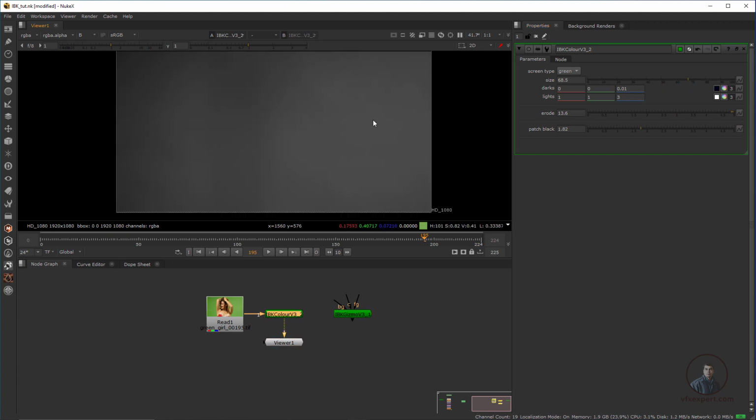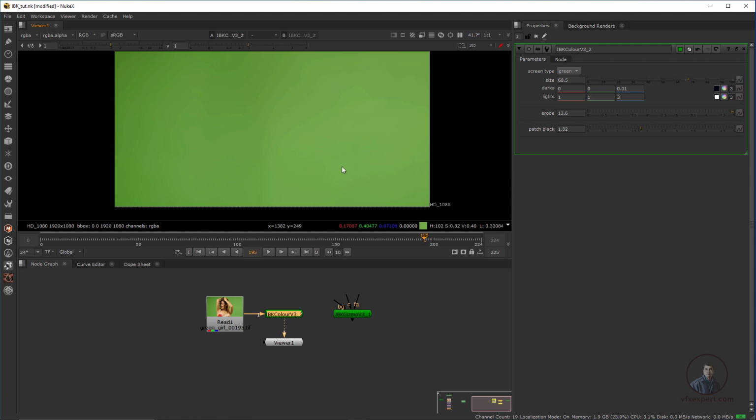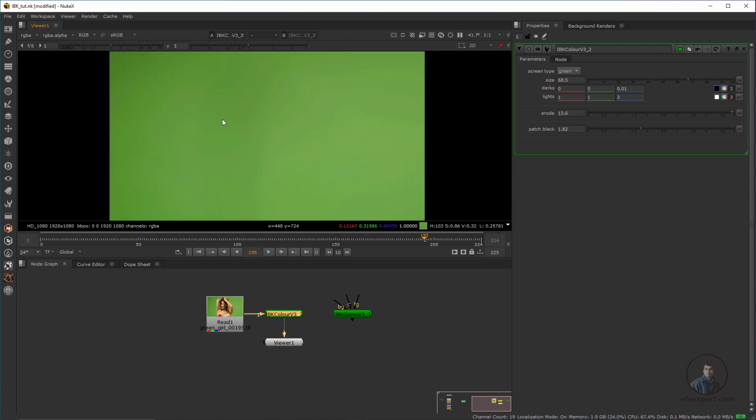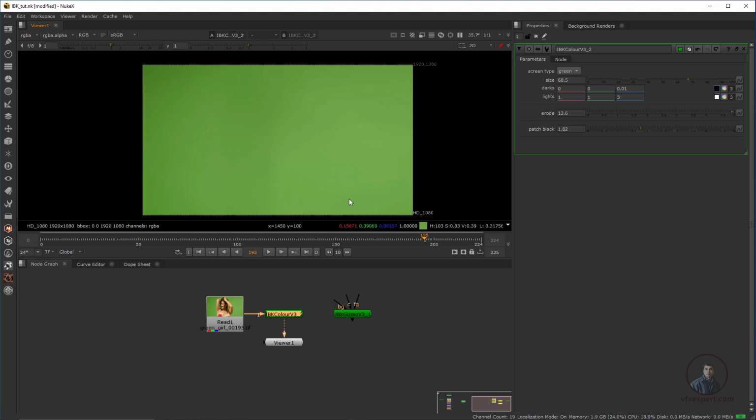So I think this is sufficient for us. Now again just press B here. So now you can see here in our original green screen, I think there is no shade at all. Now after this I am going to use this green screen or this background as a clean plate here.